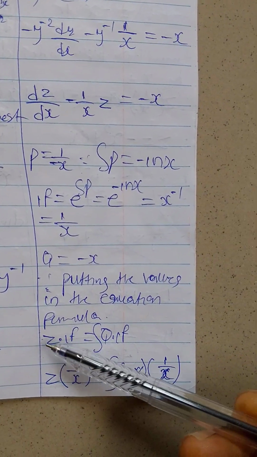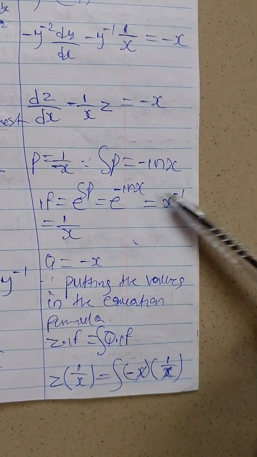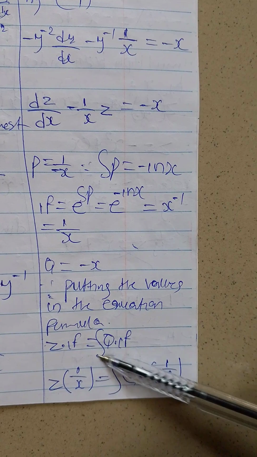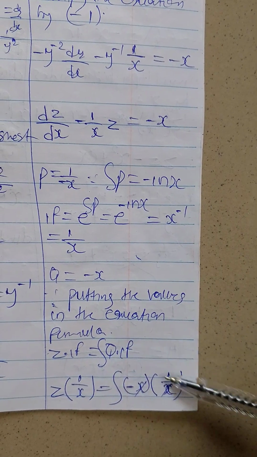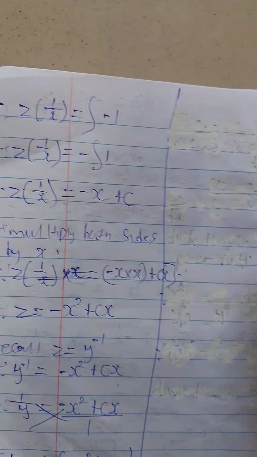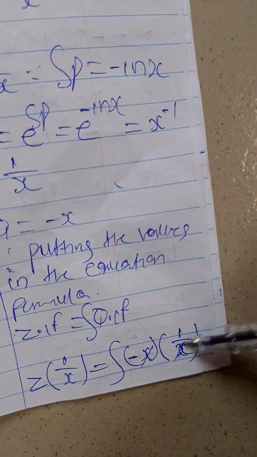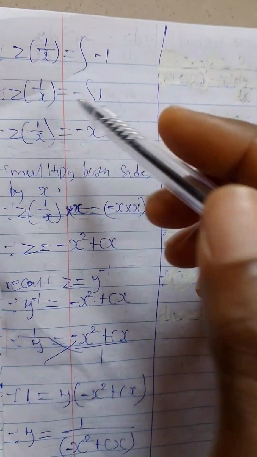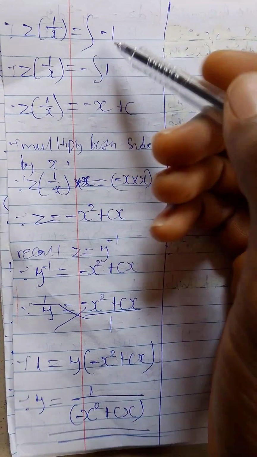So that becomes z bracket, what's my IF? My IF is the integrating factor, and my integrating factor is 1 over x, equals the integral of what? What's my q? My q is minus x. Now bracket the integrating factor, which is the same thing as 1 over x. So therefore that becomes z bracket 1 over x. You know that x cancels out and remains only minus 1. So therefore that equals the integral of minus 1. Now what's next? That becomes z bracket 1 over x is equal to,